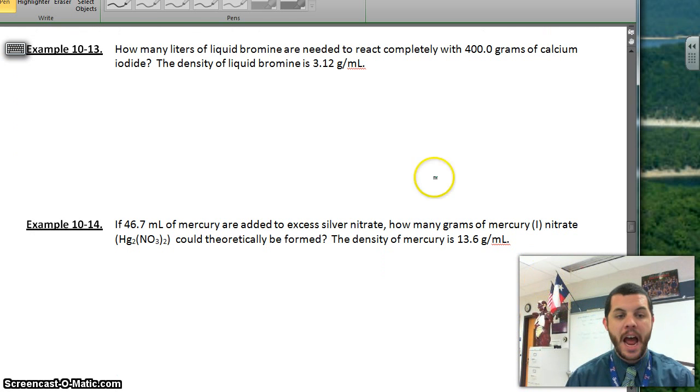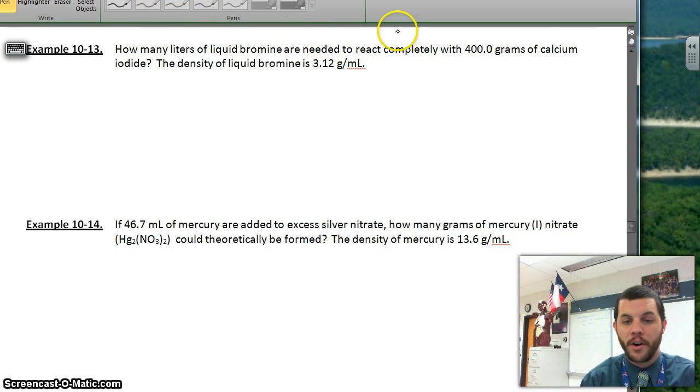This one says, how many liters of bromine are needed to react? Okay, so I know that bromine is a reactant, so Br2, bromine's a liquid. How many liters of liquid bromine are needed to react completely with 400 grams of calcium iodide? Okay, so calcium iodide is